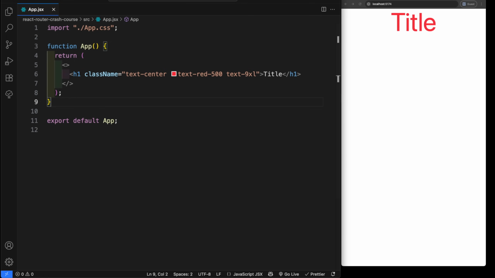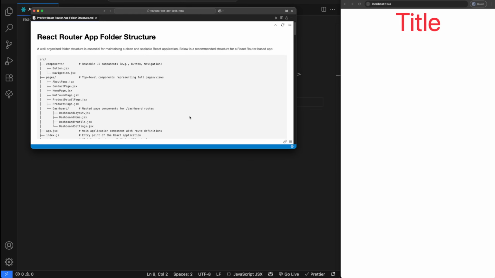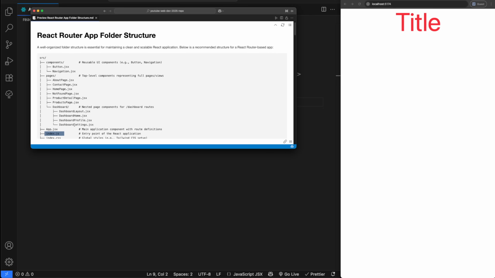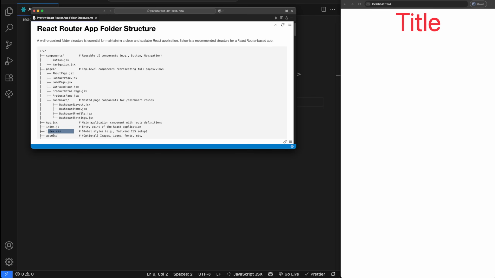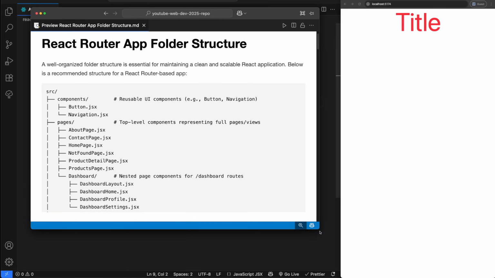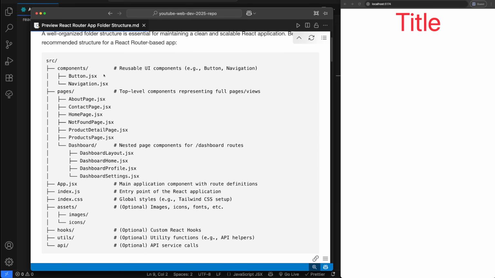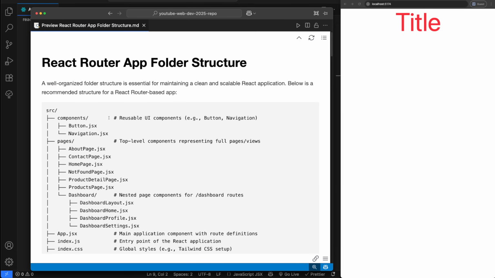So now we can start to work on our structure, which will look something like this. We're going to create a couple of components, and then we're going to have a couple of pages. And then the dashboard will have its own nesting and its own pages. We're going to have our main app and our index.js. We already modified this. We only have our app.css and no index.css. Zoom in here just a bit. Hopefully this is much easier. Now you're also going to have this in your download files, so don't worry about this. Just follow the link down below. Okay,